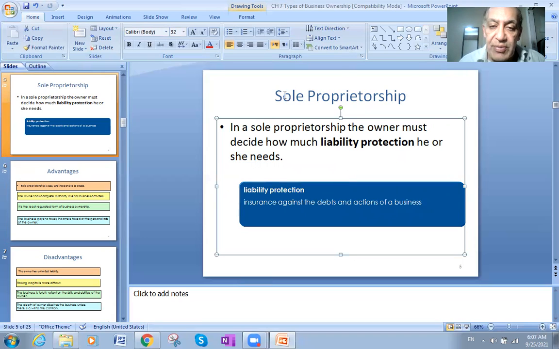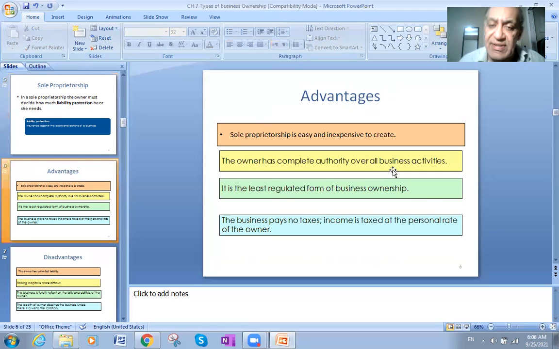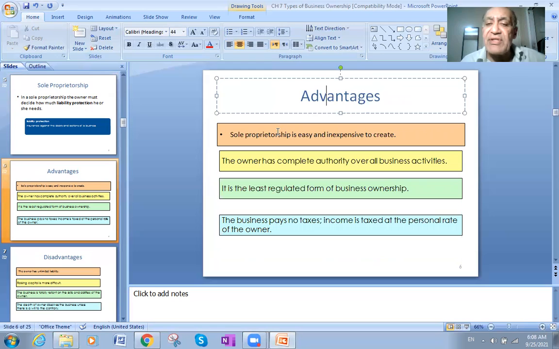We are still in the sole proprietorship. In a sole proprietorship, the owner must decide how much liability protection he or she needs. Liability protection is insurance against debts and actions of the business. Of course, I was talking about before the insurance, but when there is insurance, that's fine. But before the insurance, he has unlimited liability. He's liable for every cent in the business. He has to pay every cent in the business. What about the advantages of the